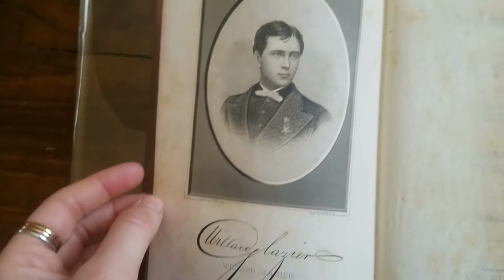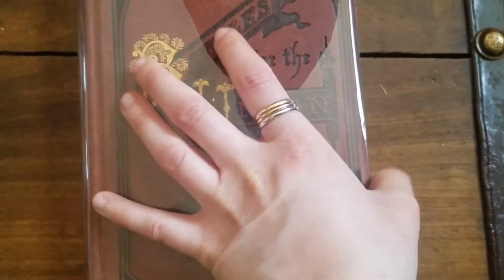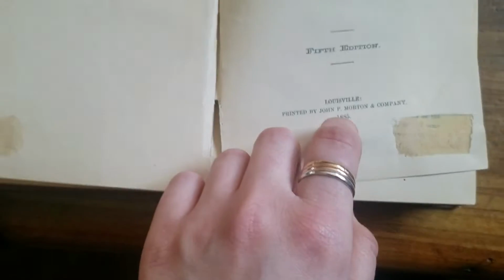And these aren't in any particular order. I just pulled out my older ones. Don't want to open up this one too far because of how old it is. Sorry if the kitty cat gets in the way. The Confederate Spy, and this one is 1885. It's pretty old as well. Doesn't look it sometimes, but